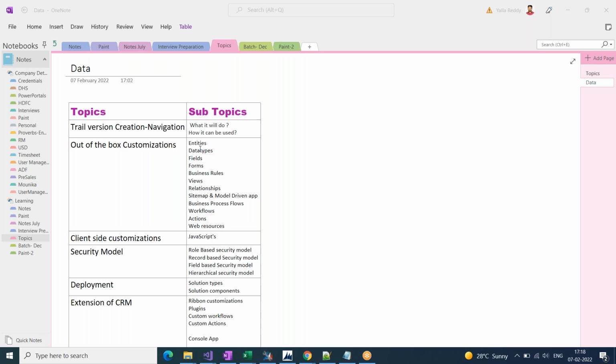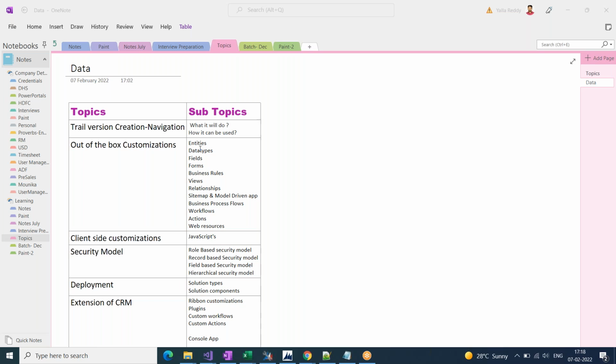So this is a stage of SDLC, the system development lifecycle. You'll have analysis, design, develop, deploy. Deploy is not a module, but after development you'll have deploy, test, production deployment, right? So these are the SDLC stages.